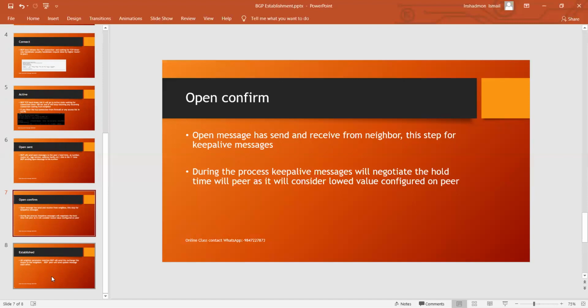So it will wait for 180 seconds, and if the peer doesn't respond, it will go to the down state. They will adjust the hold time between them, because if on one side you configure a lower value, it will automatically adjust to the lowest value.